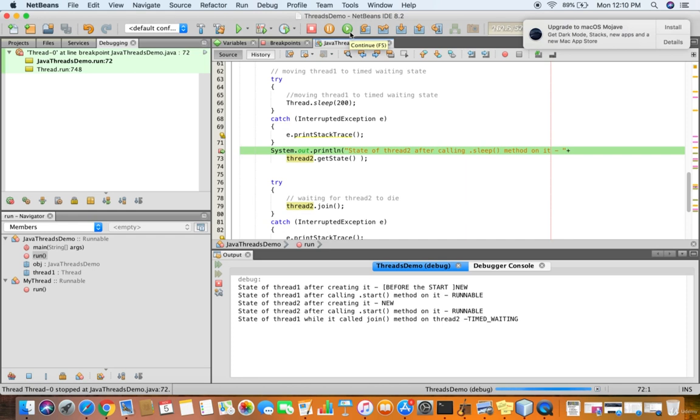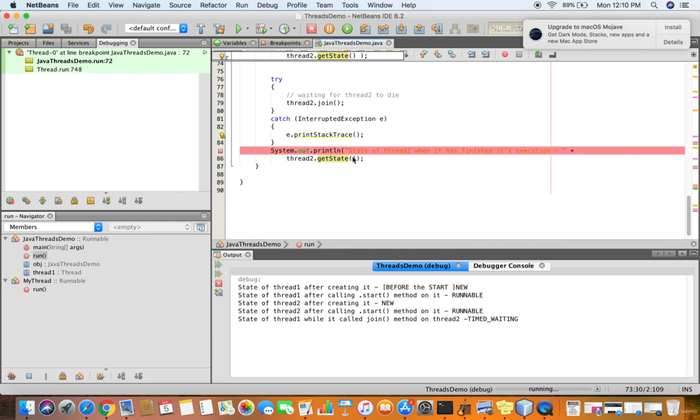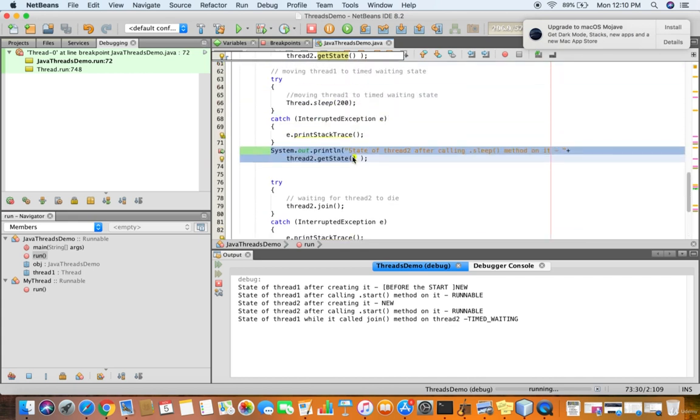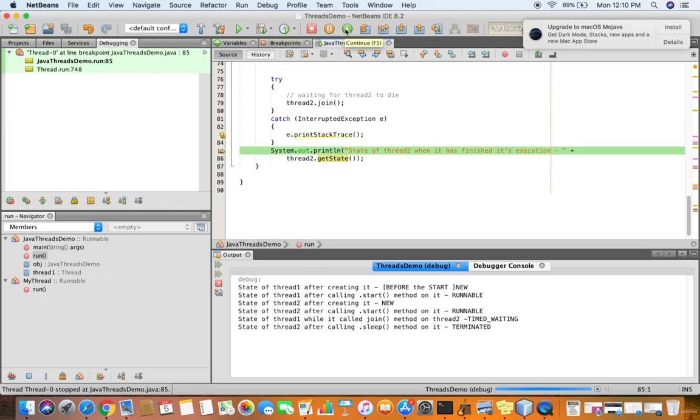State of thread 2 after calling the start method on it is runnable, and state of thread 1 while it called the join method on thread 2, it is timed waiting. State of thread 2 after calling the sleep method on it, it is